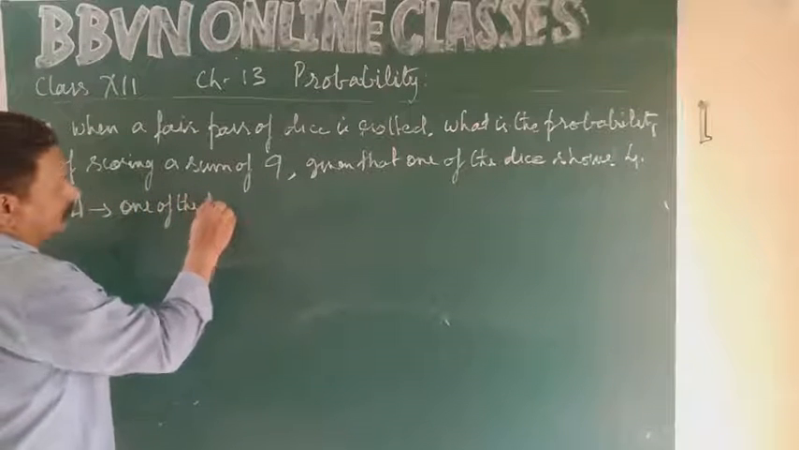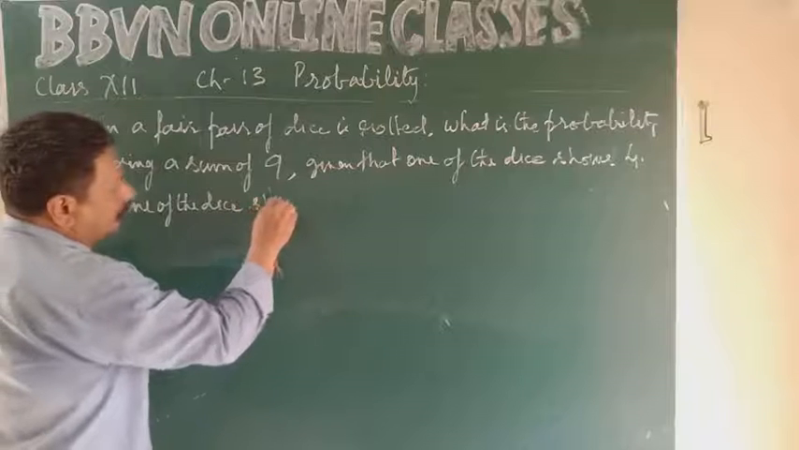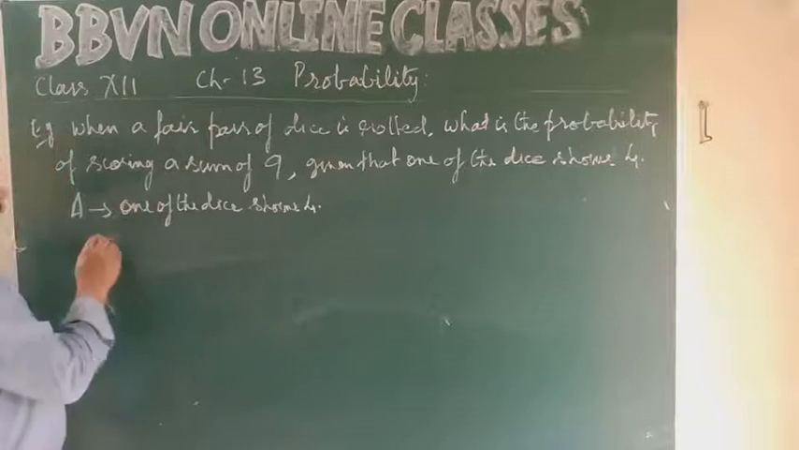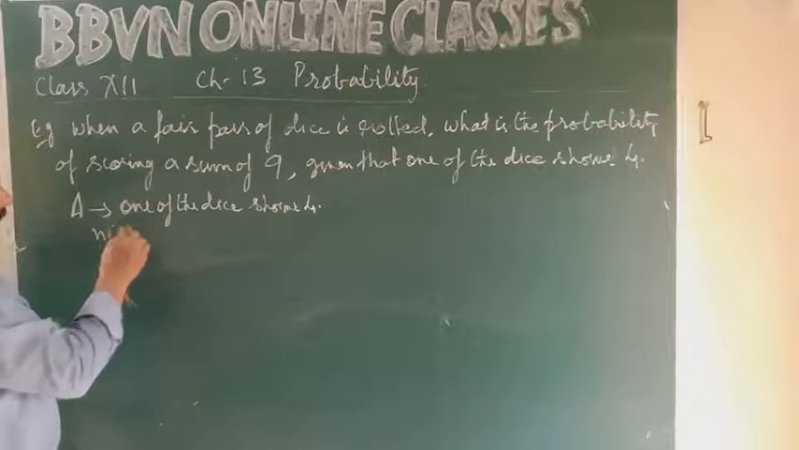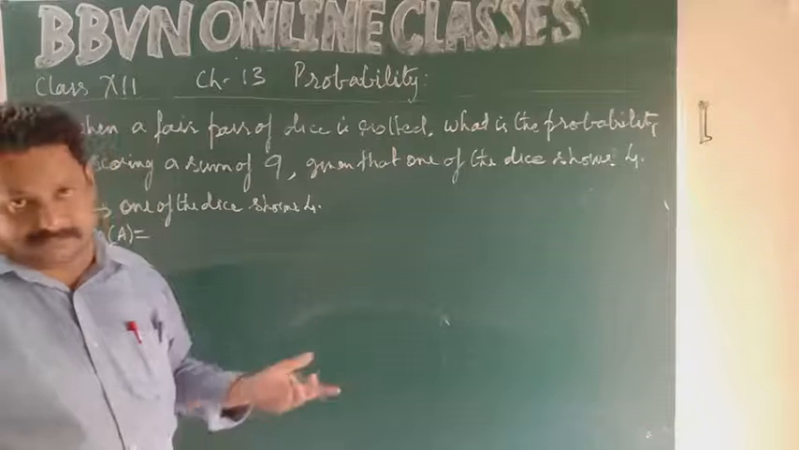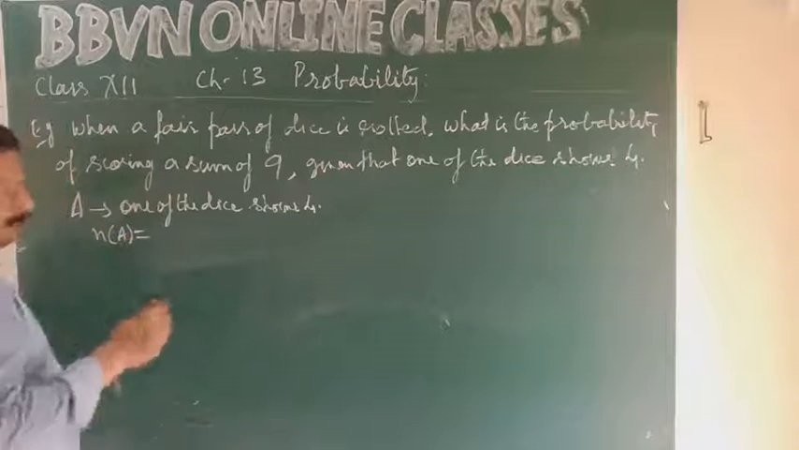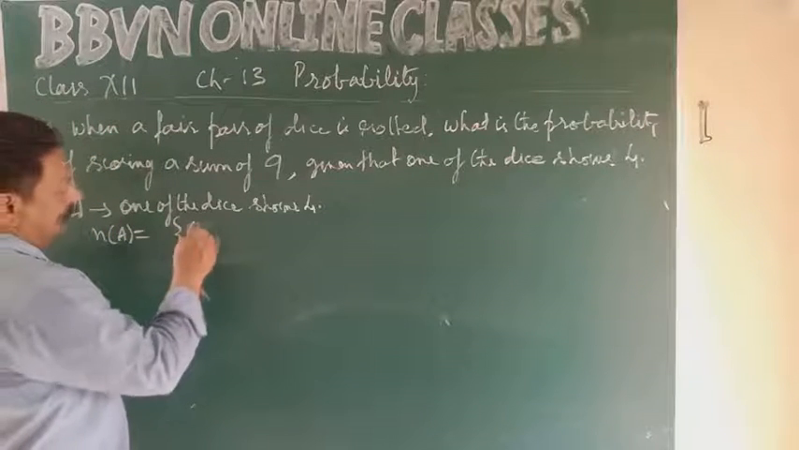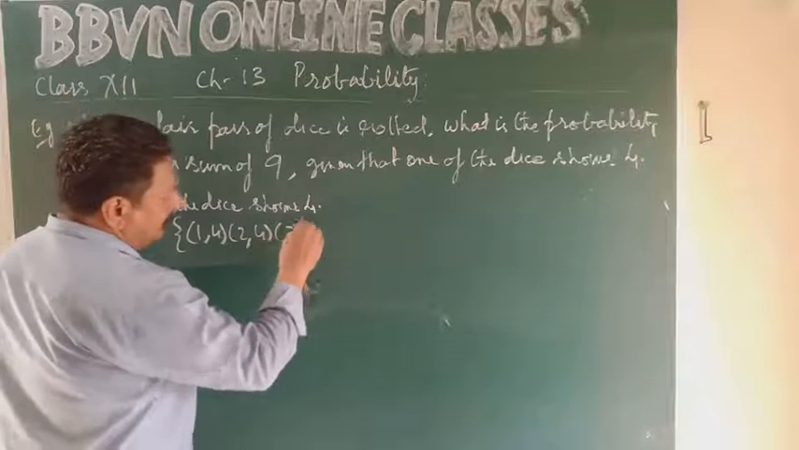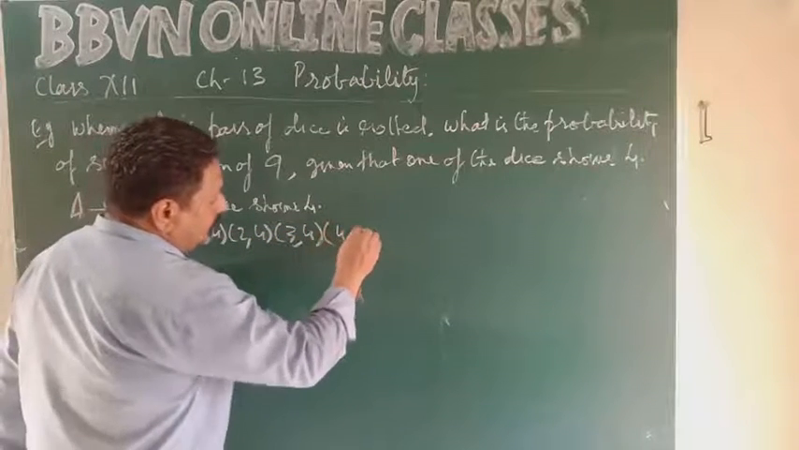One of the dice shows 4. Okay? N of A. Now how many possible outcomes are there for 4? One of the dice shows 4. So it is 1 4, 2 4, 3 4, 4 4,